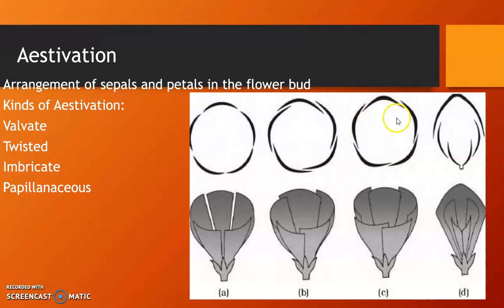So this type of arrangement is called imbricate. And the next one is papilionaceous. So it is a butterfly arrangement, and the two innermost petals are known as keel petals. So it is enclosed by two more petals, and the two petals are again enclosed by a large petal. So this will give you a butterfly arrangement, and we will see the examples in which type of plants these